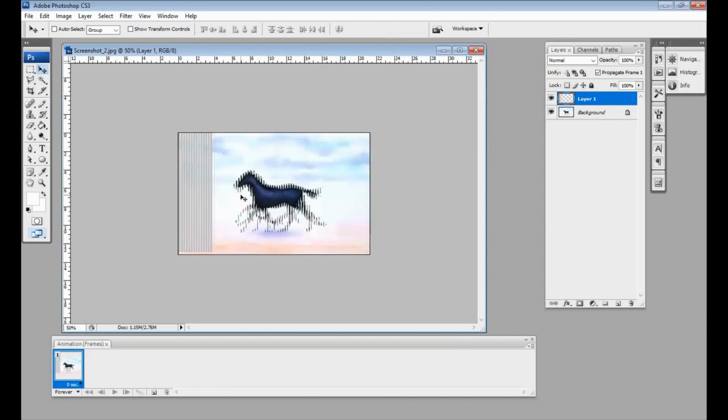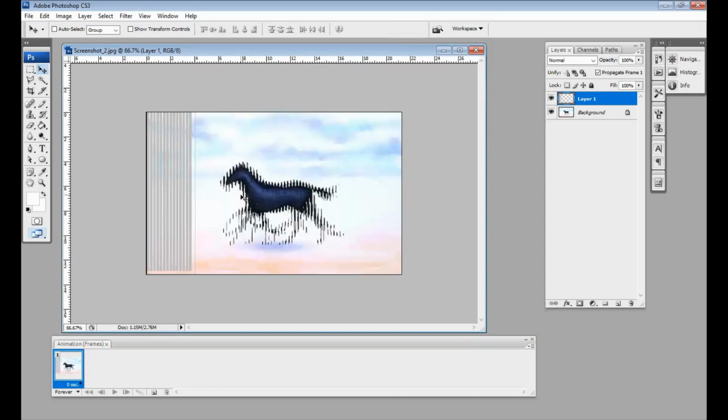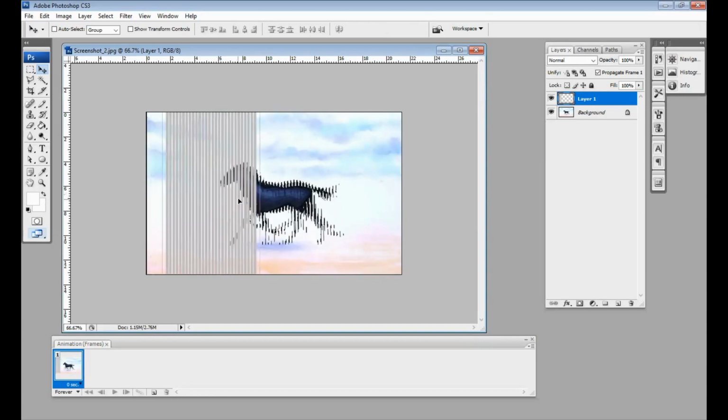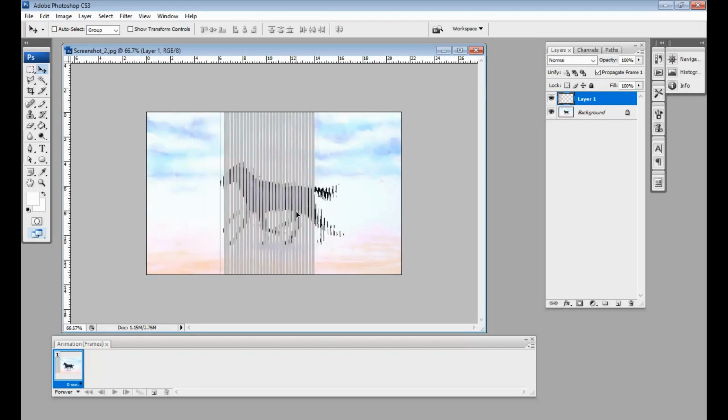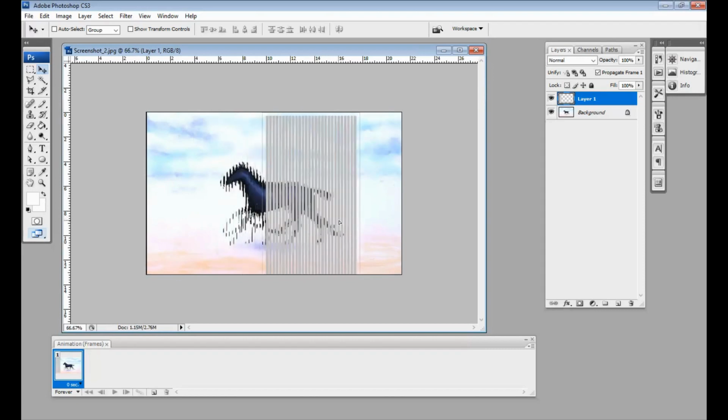Okay, let's see the experiment. So let's see the result. Okay, all of you can see the horse moving from right to left for this silhouette illustration.